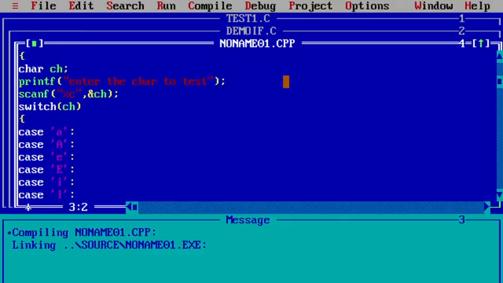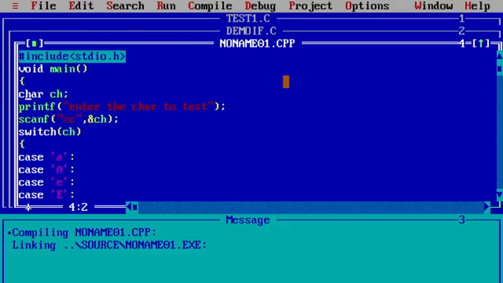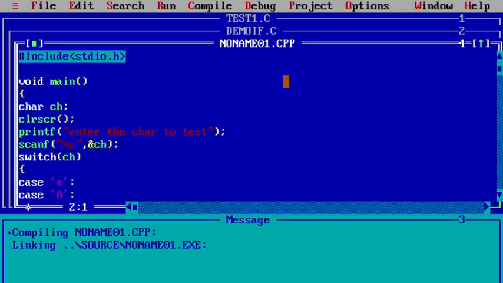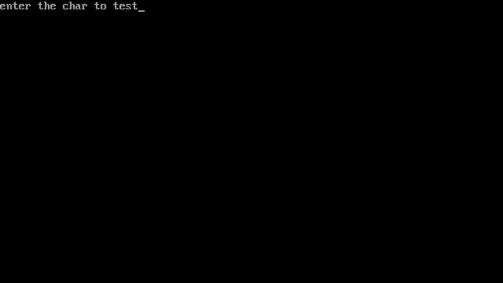Let us try. I am not using clrscr, that's why the previous result was displaying. If I use clrscr, then I should use hash include conio.h. So we will try it. Enter the character to be tested.